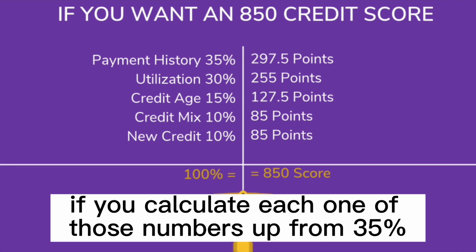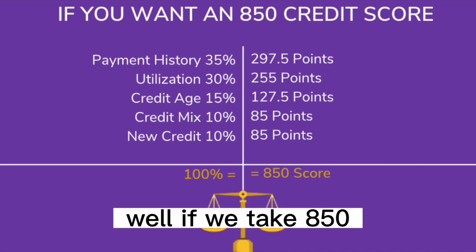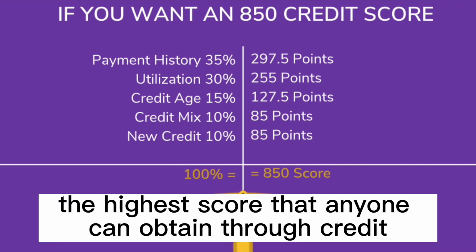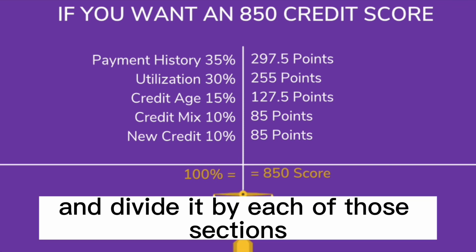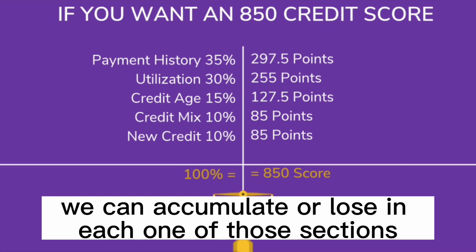If you calculate each one of those numbers up from 35% down to 10%, it equals out to 100. Well, if we take 850, the overall score, the highest score that anyone can obtain through credit, and divide it by each of those sections,